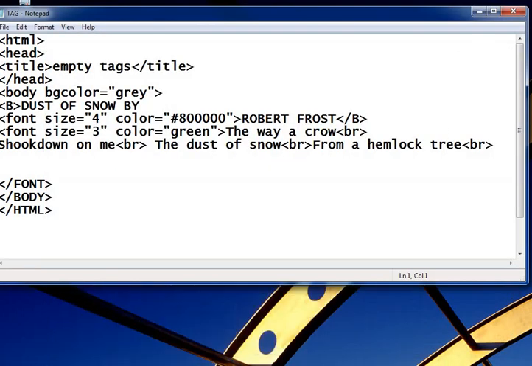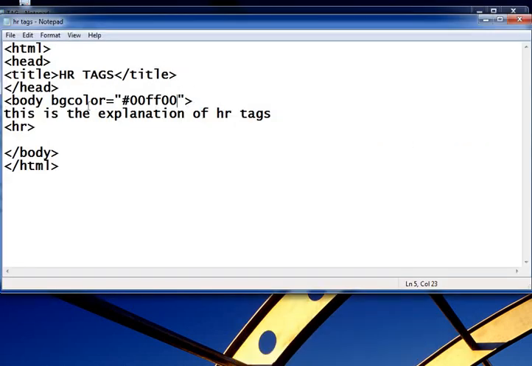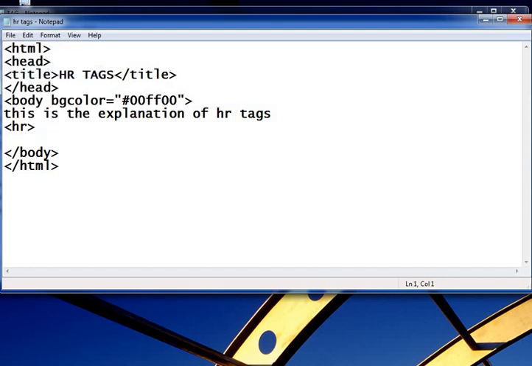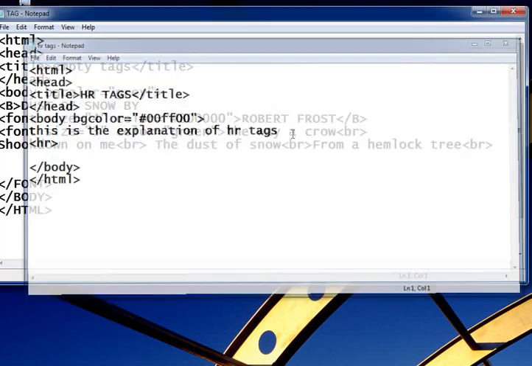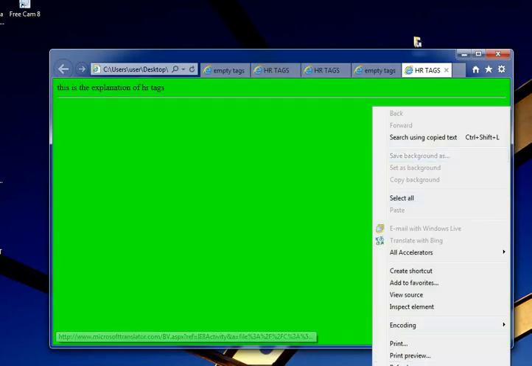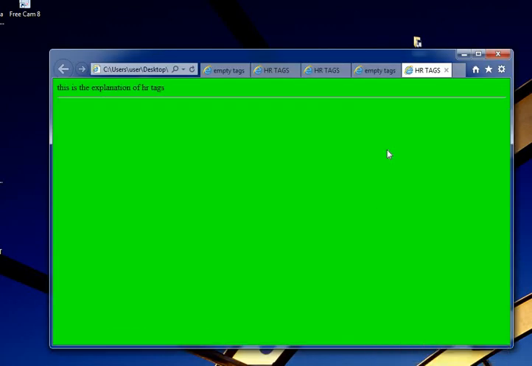Okay, the next tag is the HR tag, horizontal line rule. When we just use the HR tag, the output may be, I save this and take the HR, just a line.